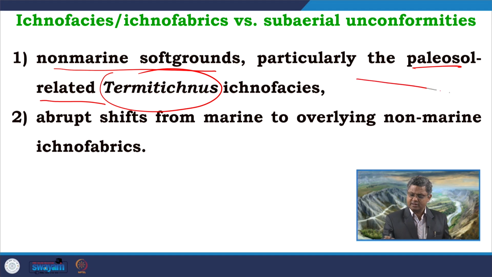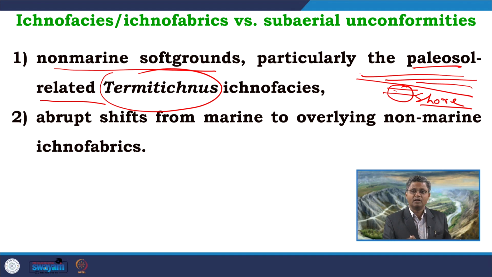As I have told you, say this is the unconformity. So, below this unconformity, maybe a shore facies is present over here, which is going through erosion. But within this shore facies, which is finally preserved after the erosional phase, we can get marine ichnoforms, marine ichnofacies, which may be overlain by the fluvial system when it is onlapping. Within this fluvial system, we can get non-marine ichnoforms, non-marine ichnofacies. So, we get a complete changeover across the surface, a drastic sharp change in terms of ichnofabric from marine to